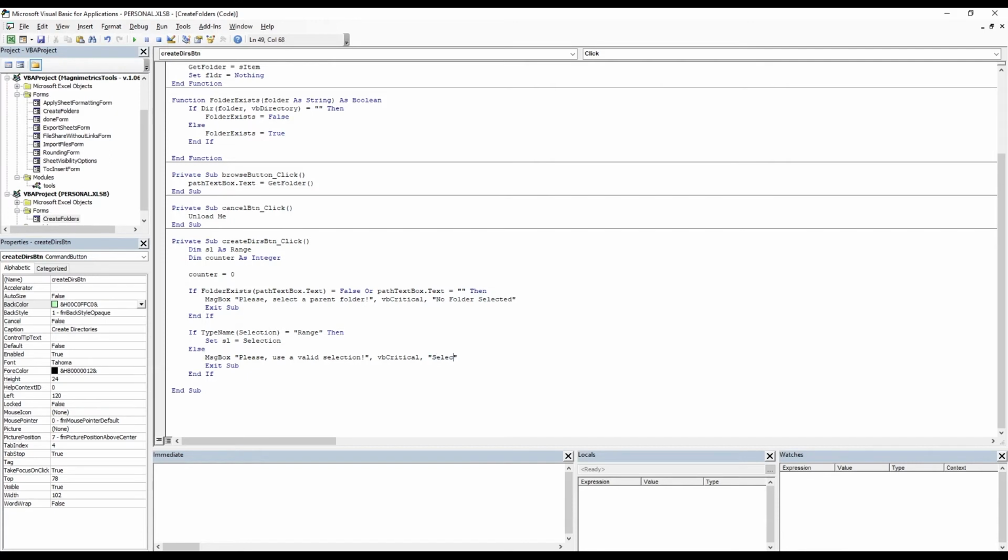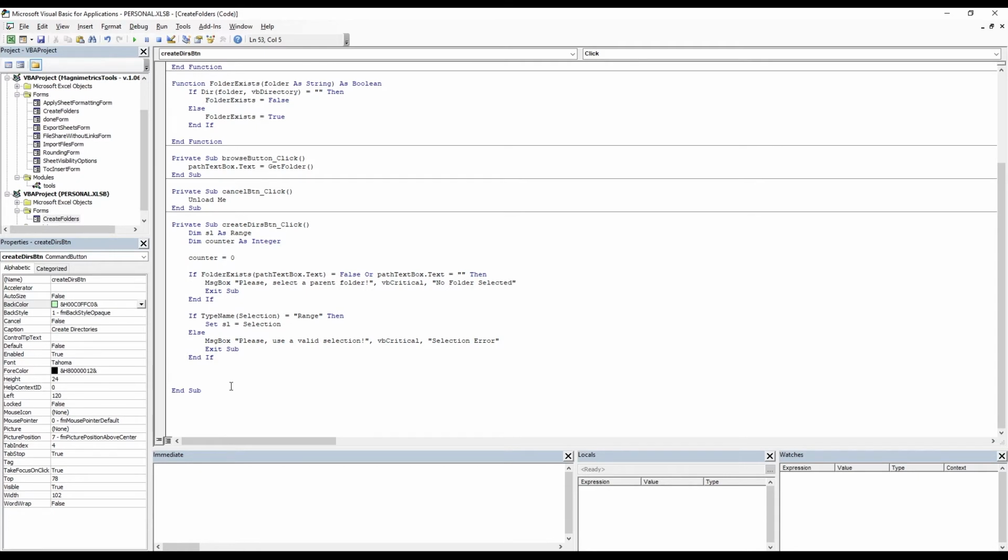And here it's gonna say "Selection error." Exit the sub, and this is our second check. So first we make sure that the path provided is valid, and then we make sure that the selection is also valid. Now that we have done that, we can just go ahead and loop through all the selected cells